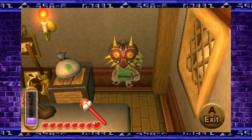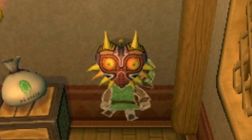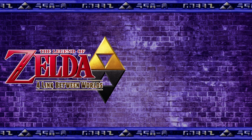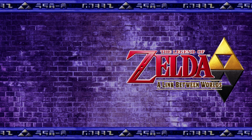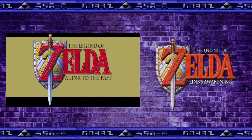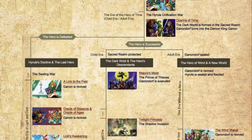And it's just hanging on the wall like that's a thing you can do with the most dangerous object in Zelda history next to the Triforce itself. But there it is nonetheless. Link Between Worlds takes place before the original NES Zelda and centuries after Link's Awakening, which in turn follows not too long after Link to the Past, which then follows the big old timeline split caused in Ocarina of Time